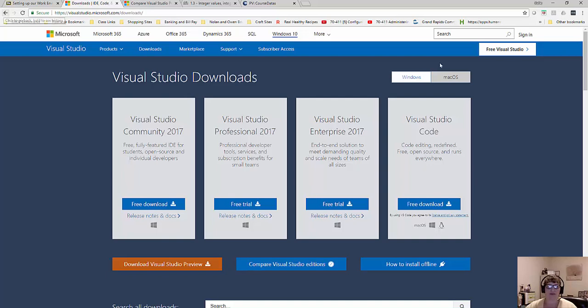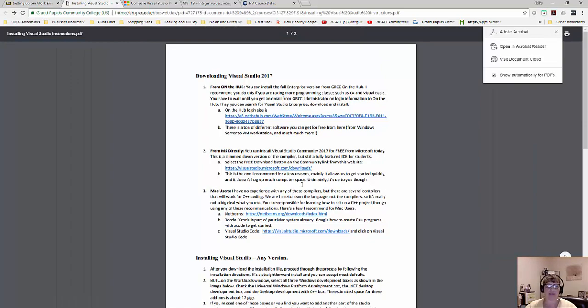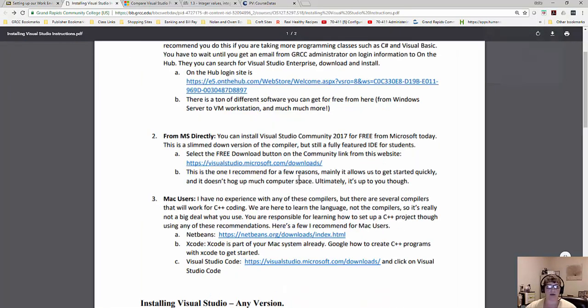I'm not sure about that, how it'll work, because click over here on this Mac OS. Here is Visual Studio Community for Mac. Give those a try if you'd like. That might be a good solution. It's just, you think of Visual Studio, which is a Microsoft product, on a Mac system, they typically aren't meant to work together, but it's an option for you if you have a Mac.